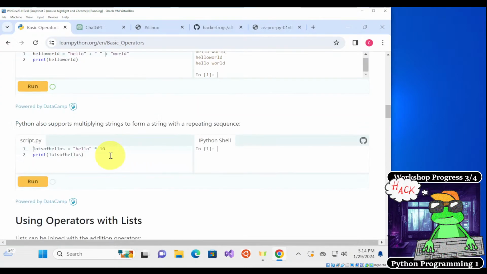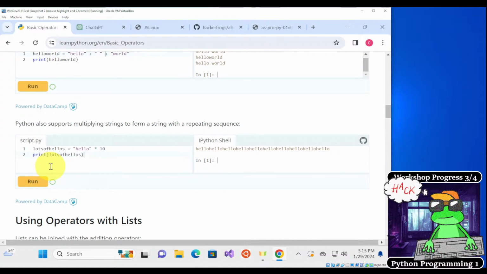All right, so Python also supports multiplying strings to form a string with a repeating sequence. So if we wanted to print hello a bunch by using the multiplication operator, we can do it like this. So lots of hellos is going to be equal to hello times 10. If we print that variable, it's just going to be hello printed over and over again, 10 times, we assume.